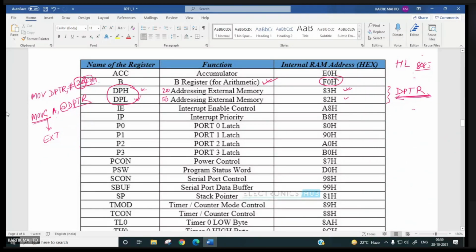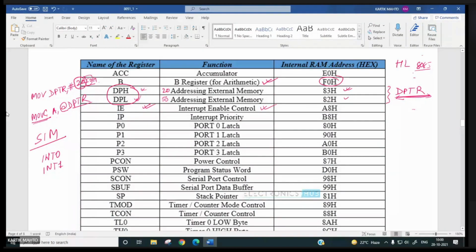Yes, sir. Now, for the remaining, you recall the SIM instruction for setting the interrupt mask and enabling the interrupts. Here we have the interrupt enable control. So whatever interrupts are there, INT0, INT1, and in fact timer interrupts, serial control, flags will be there, no?